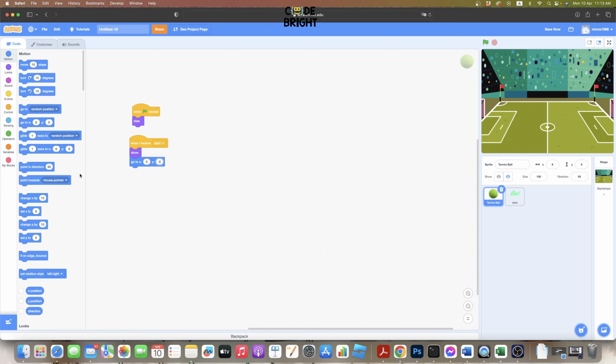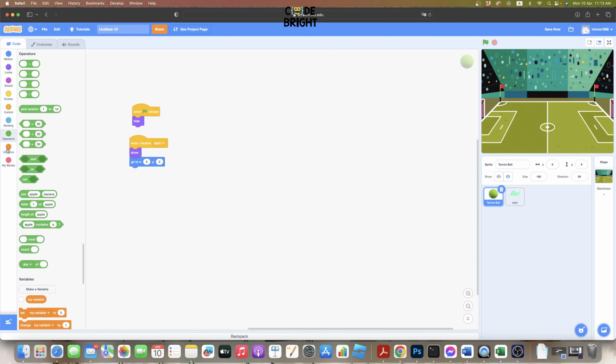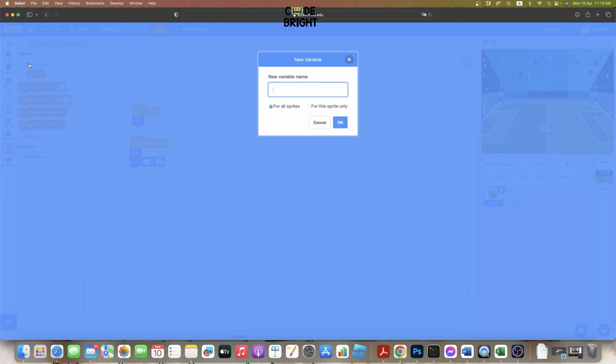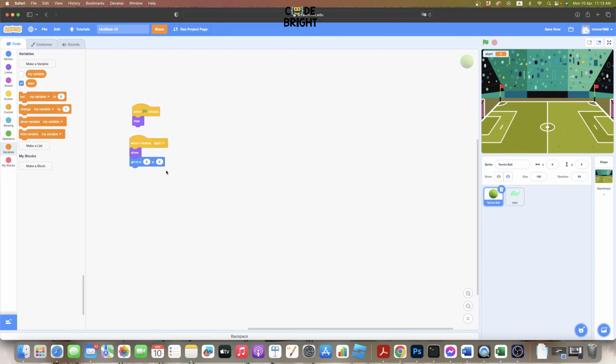Then we're going to set the variable. We need to create one variable and name it start. This variable will be in charge of whether certain loops or certain code blocks should run or not. So here, when the start is set to false,